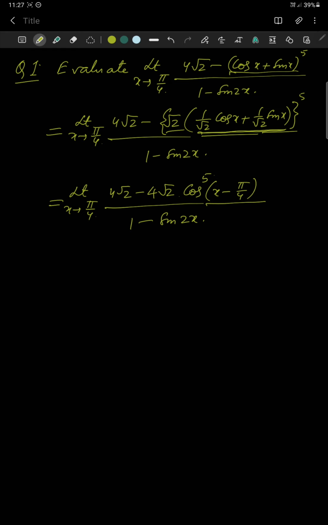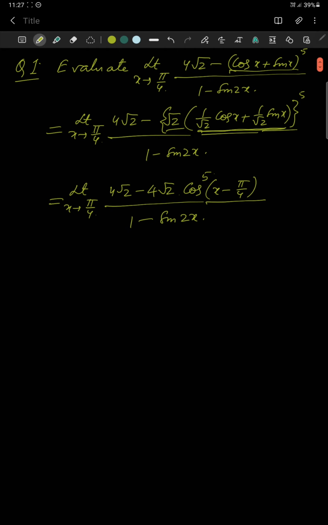All right. Now what we are going to do after this is, because the limit exists, the left hand limit and right hand limit both will exist and both will be equal. So let us write x tending to pi by 4 as x is equal to pi by 4 minus h, then h tending to 0 as x tending to pi by 4. I hope you remember I have discussed this already in the class.